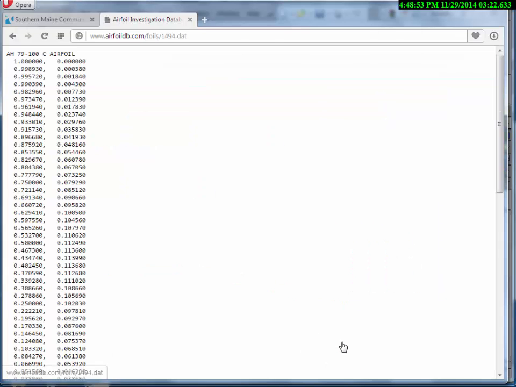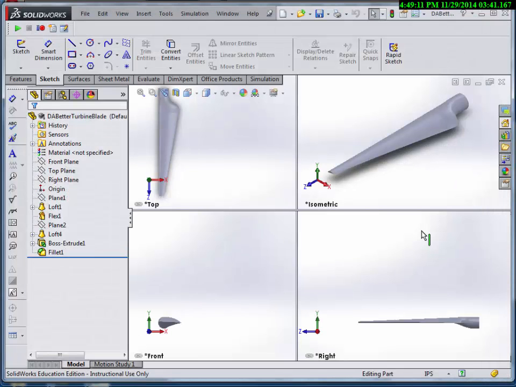If we were to open that file and take a look at it, it's a series of X and Y coordinates starting with 1, 0. It also has the name of the particular airfoil right here. In order for us to use this in SolidWorks, we need a couple of things. One, we need a third column that has zeros in it, and we need to get rid of that header material. So what I'll do,